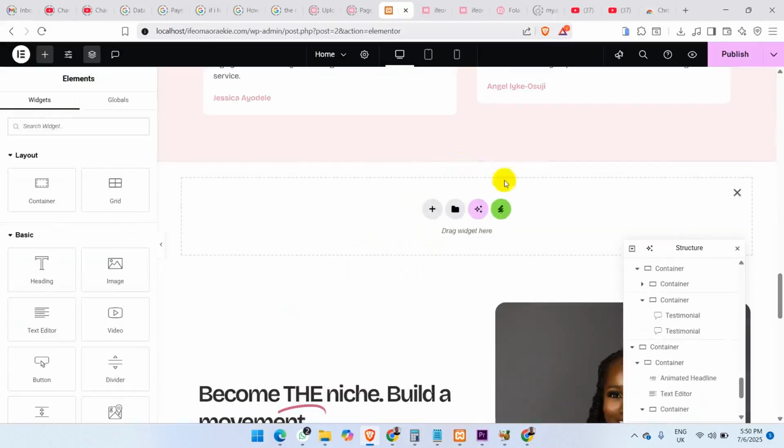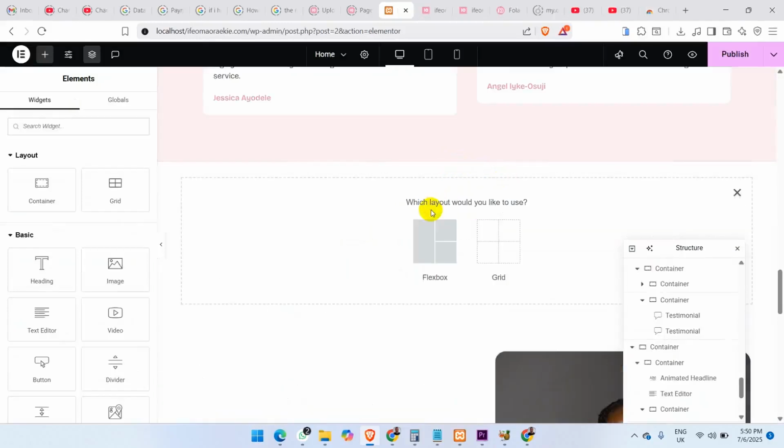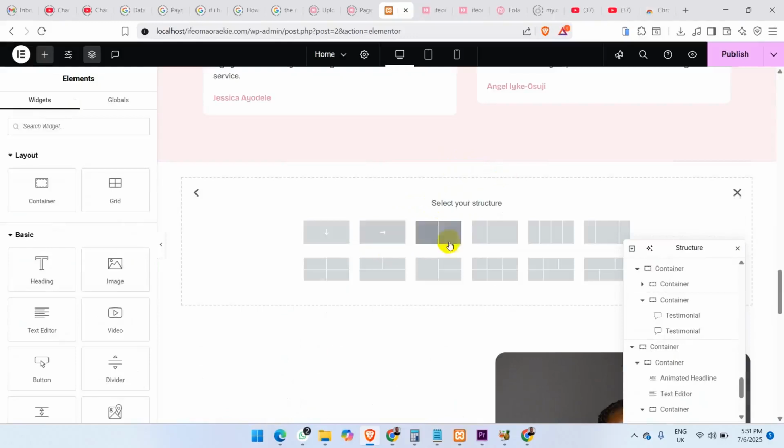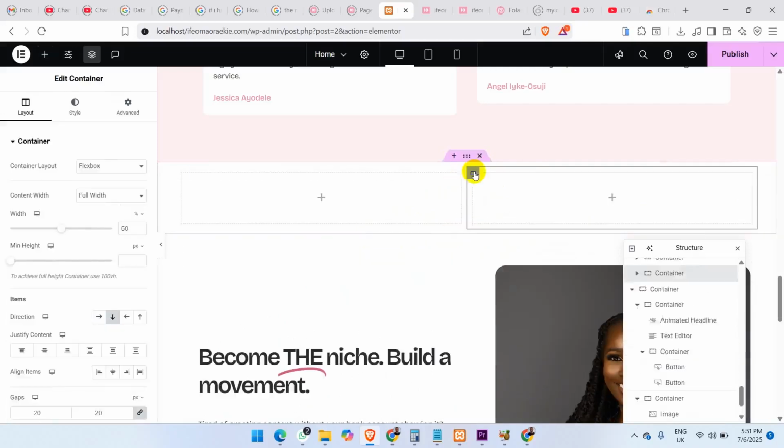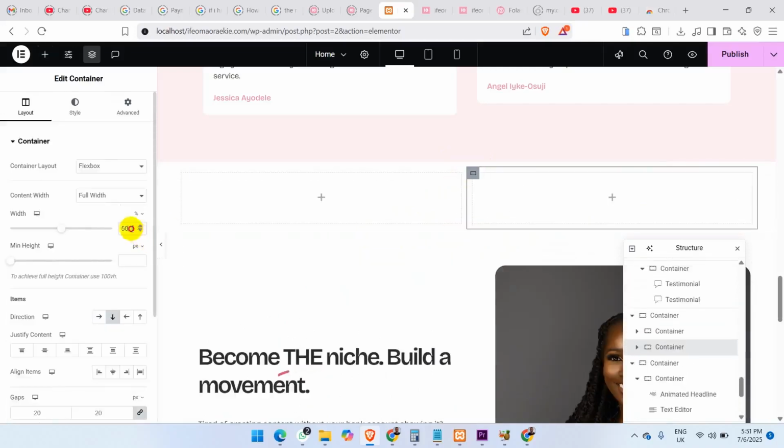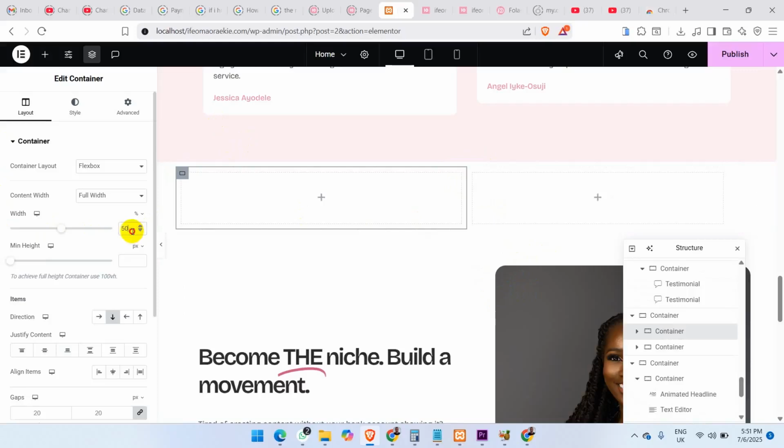So what I'm going to do, I'm just going to add a new section. So I'm going to come here and select level. Then I'm going to add what I'll be doing. Let me just add this, or I can still make use of this. So this particular one, I want it to be 45%. So I'm going to make this 45%, and this other one should be 55%, so it matches with what I have. This is just how I went about it. So now on this side of it,